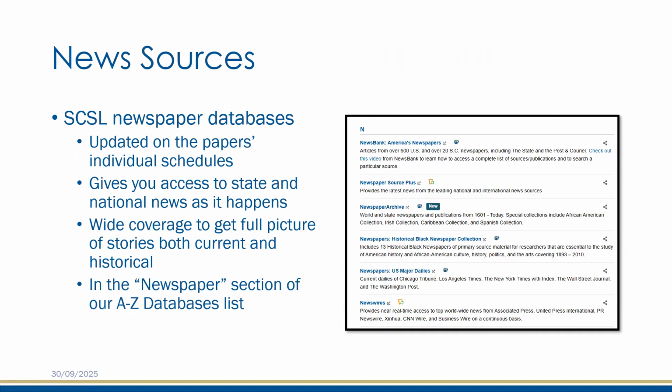This gives you access to state and national news as it happens. And this is very important, of course. Everything is happening all at once nowadays. And so if you want to see your favorite paper cover a specific subject as it's happening, it will be uploaded to these databases. It won't be quite as fast as when the papers put things online immediately, which is unfortunate if you are watching a breaking story, but